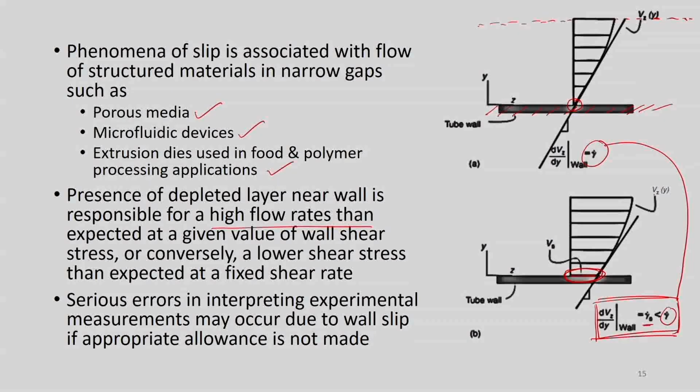So, that means here, if these wall slip effects exist, we have to find out the slip velocity, and then subtract that slip velocity from the velocity obtained from the experiment. Whatever the experiment's Q information is, you convert it into velocity. From that velocity, this slip velocity has to be subtracted, and only then can we make the correction for